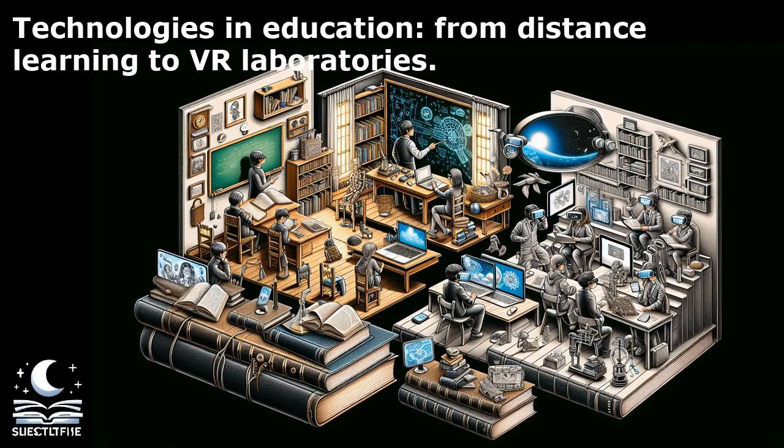Virtual reality, VR laboratories represent a cutting-edge technology that is transforming the landscape of education. By creating immersive and interactive learning environments, VR laboratories offer students a unique opportunity to engage with course material in a hands-on and dynamic way. Unlike traditional classrooms, VR laboratories simulate real-world scenarios and experiments, allowing students to explore concepts and theories in a virtual